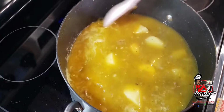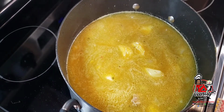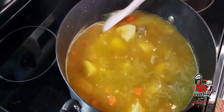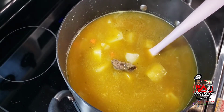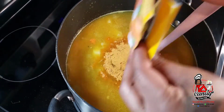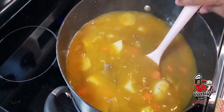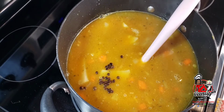And now I'll add my carrots and that packet of Grace soup mixture that I had. And I will just continue adding the other ingredients throughout the soup. Next, I'll go in with my pimento seeds, my seasonings, my green onions, my thyme, my corn, my pepper, and